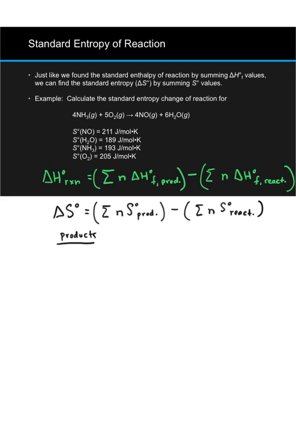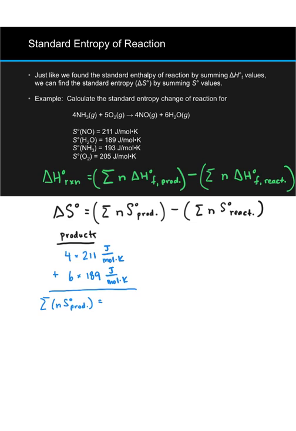For NO, our coefficient is 4, and our standard molar entropy is given as 211 joules per mole per Kelvin. For H2O, our coefficient is 6, and our standard molar entropy is given as 189. In total then, the sum of all of our products' standard molar entropies is equal to 4 times 211 plus